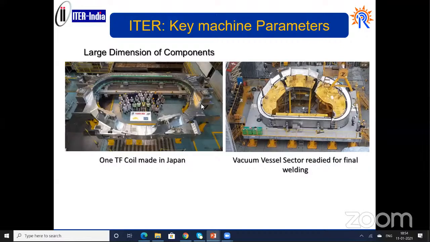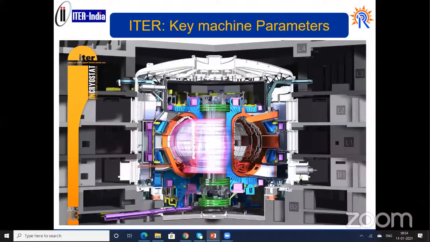You can see the size of the TF coil and the people there. This is one part of the vacuum vessel sector. You can see the people standing on the platform there, and this is one of the sectors of the vacuum vessel that has been built, and there will be 9 sectors like that. There will be 16 TF coils, and the key parameters, as I said,